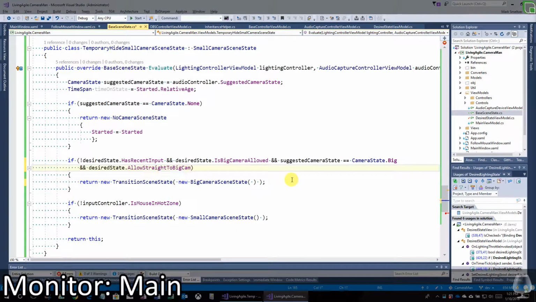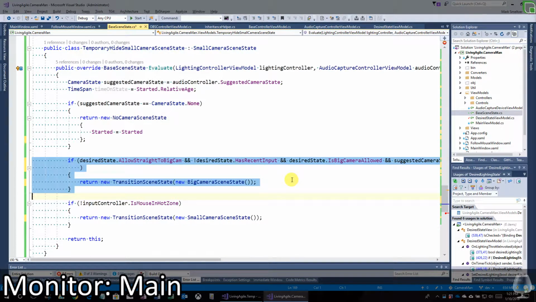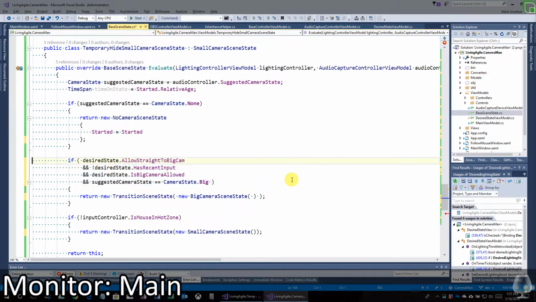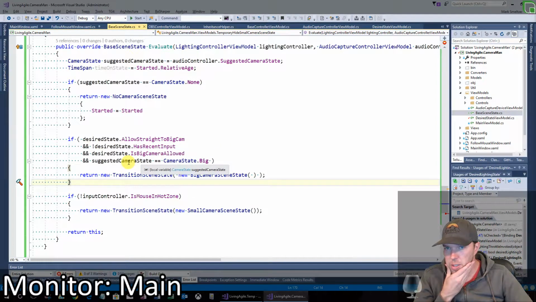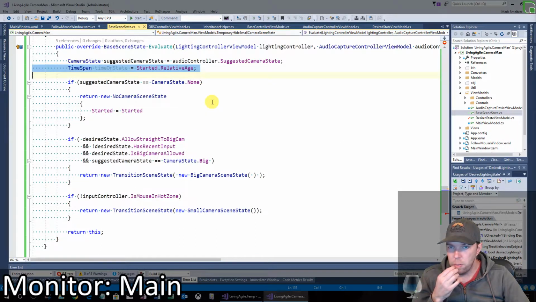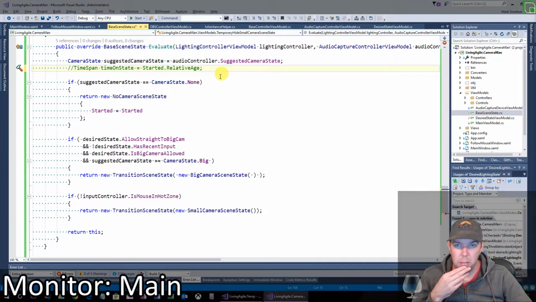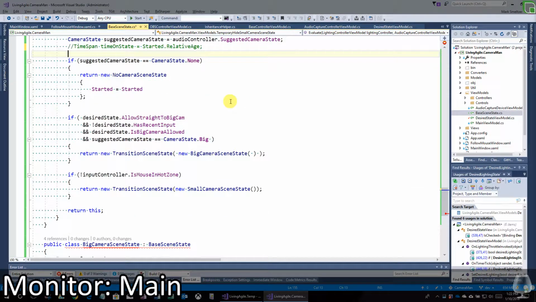Wow, straight to big camera. There we go. So if he's allowed to go straight to big camera, you don't have any recent input, big camera is allowed, and I'm getting a suggested state as big. Otherwise, I probably don't need to worry about the